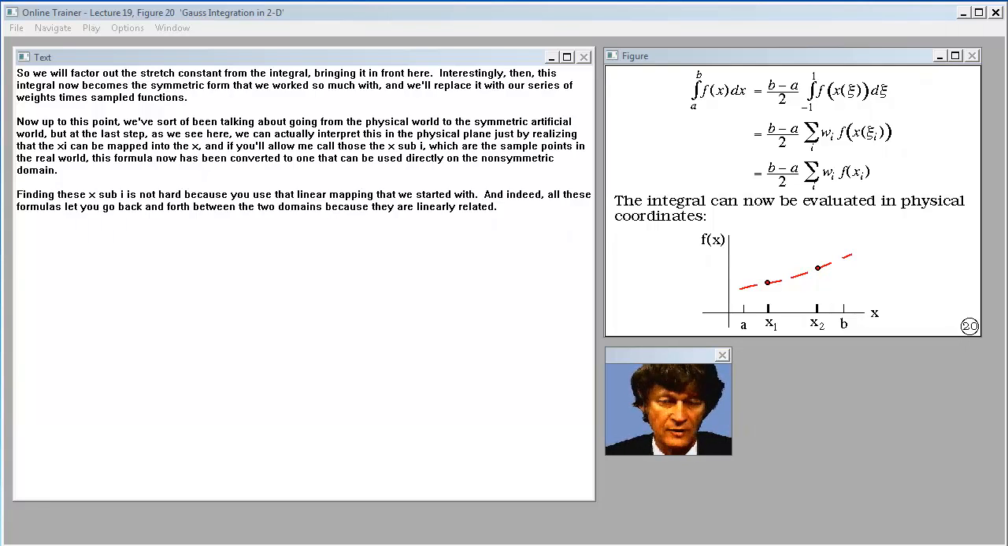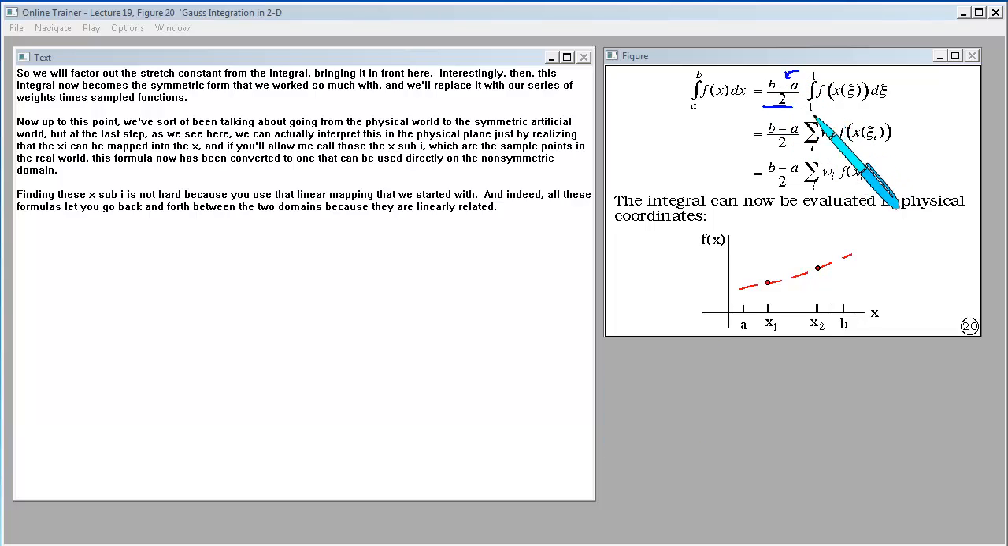So we will factor out the stretch constant from the integral, bringing it in front here. Interestingly then, this integral now becomes the symmetric form that we work so much with, and we'll replace it with our series of weights times sampled functions. Now, up to this point, we've sort of been talking about